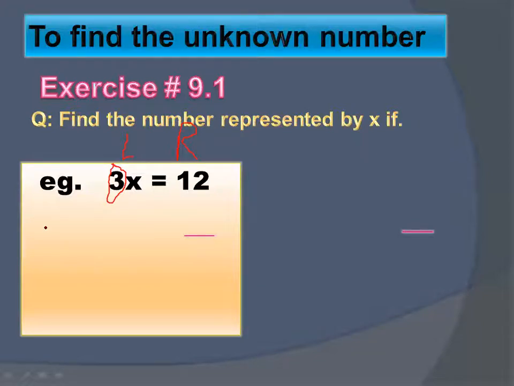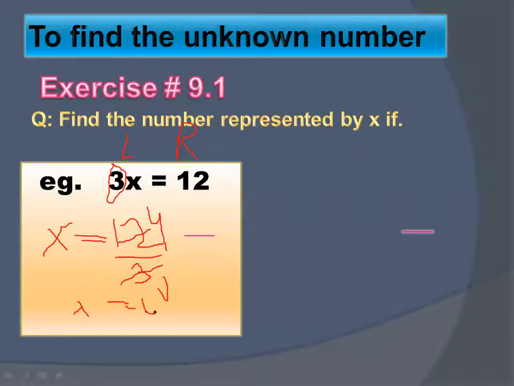How? Look at here. You will simply write x on the left side, that's it, nothing else. Then you will write equals to, then you will first write the number 12. That is very important. First write down this number and then shift the coefficient 3. Here 3 is multiplying with x, so here it will divide the number 12, just like this. 12 divided by 3. So what will it become? 3 ones are 3 and 3 fours are 12. So your answer will be x is equals to 4.